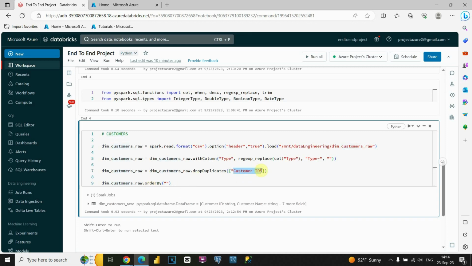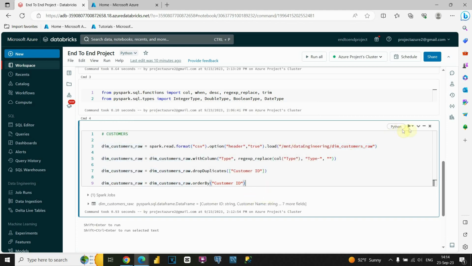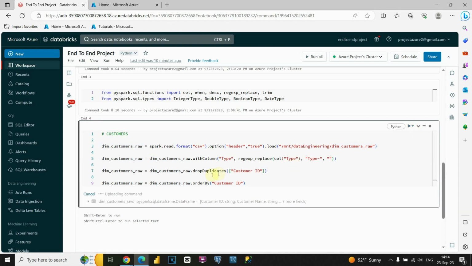It's again customer ID. I would like to sort it by customer ID. I'm gonna provide it here, and now when I execute this, I will need to assign that to a variable again. So let's copy that one more time, equal to, and we will be saving that to our variable, basically to our data set. If I run this code, run cell,